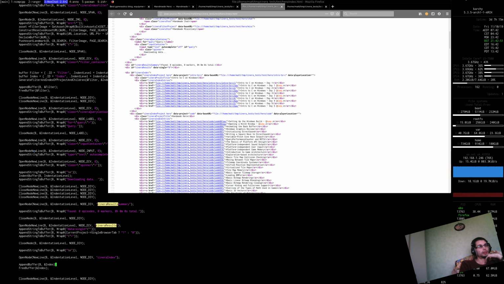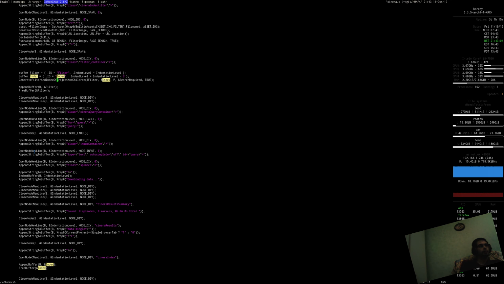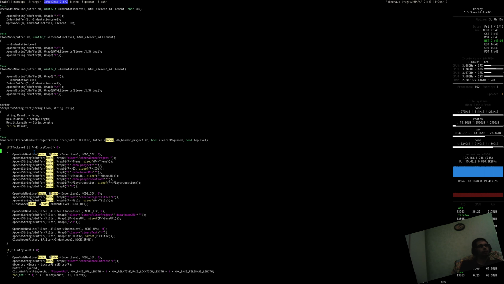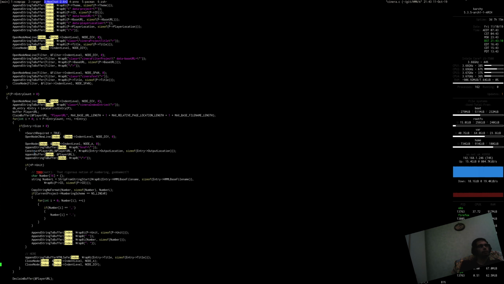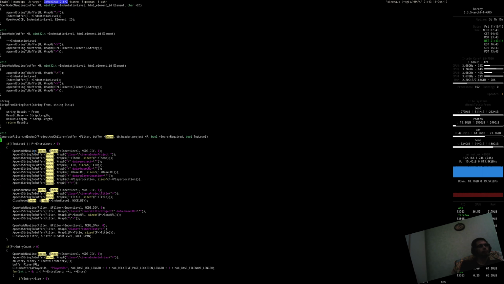Cinera index. Aha, and then it just appends that index. So the index gets built up. Yeah, it's going to be in here, isn't it? So if we're not the top level,